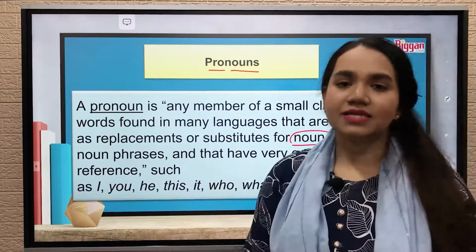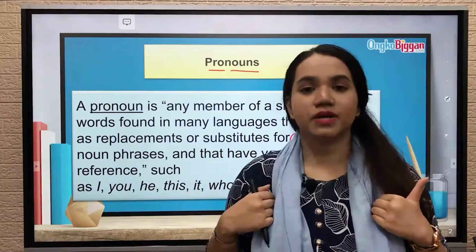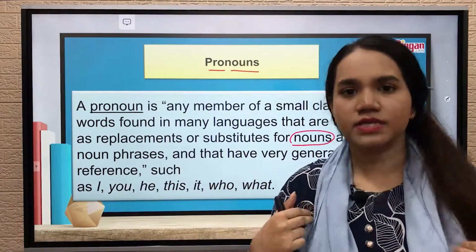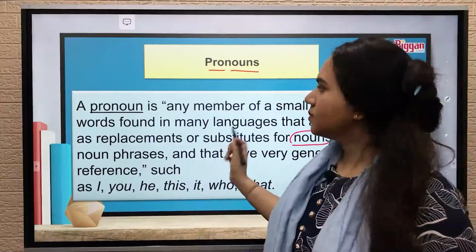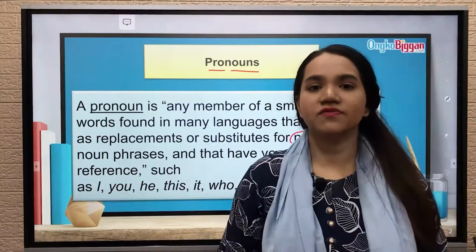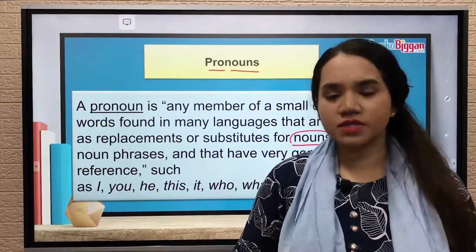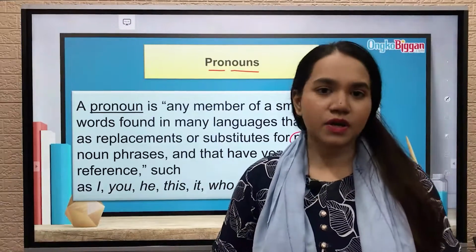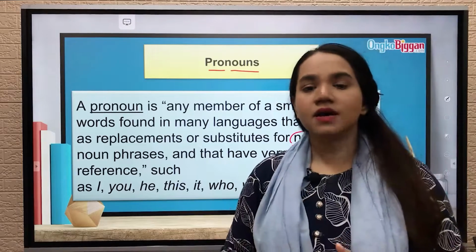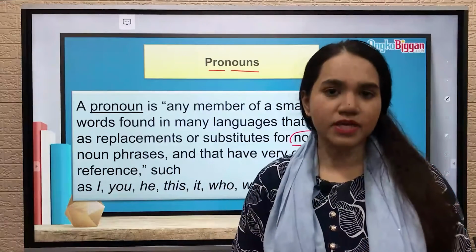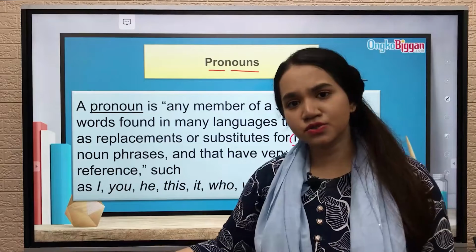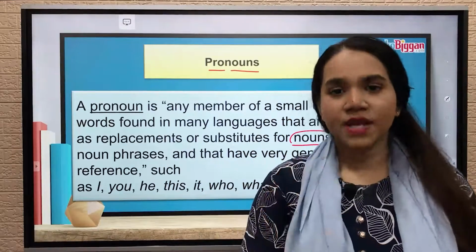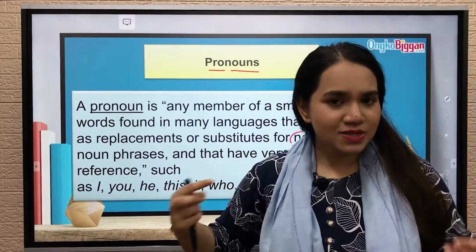Let's say right now the person who is taking your English class is Promi. If I say that Promi Apu is our English teacher, Promi Apu is writing on the board, Promi Apu is taking a class on pronoun referencing, continuously if I use the word Promi, it will be very repetitive and it will not sound good at all. So in that case, we will start off the sentence by using Promi in the first sentence, and in the second and third sentences, we can actually use the word she or her and so on